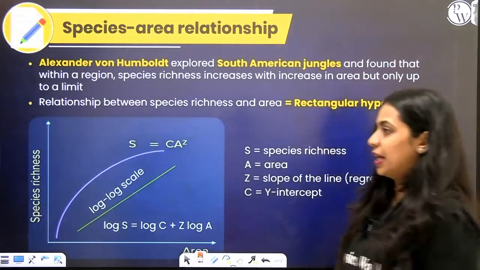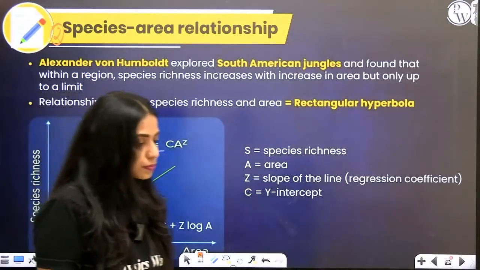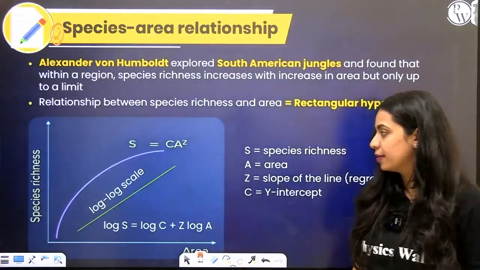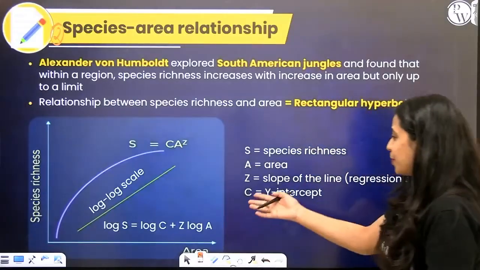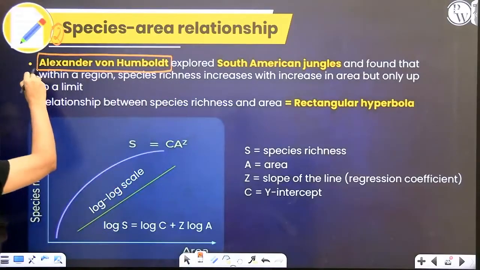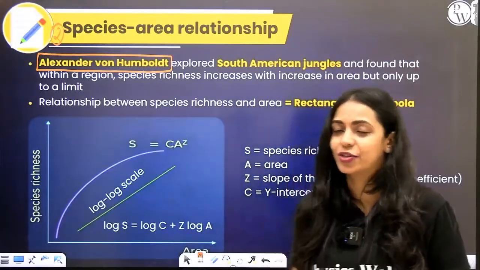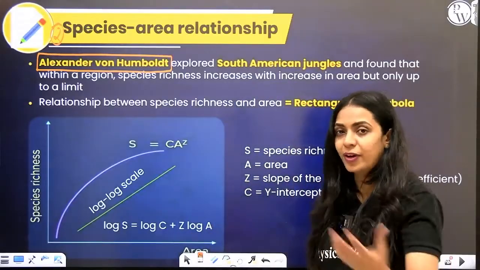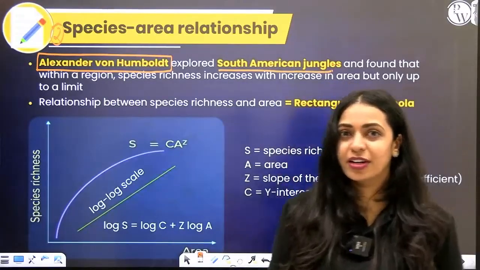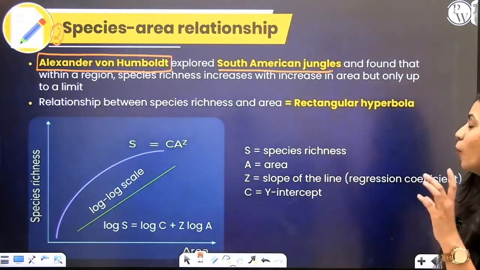Okay. The second pattern of biodiversity that we have to talk about is the species area relationship. This is very interesting and it is very important. What you're looking at here is basically a graph. There's this person called Alexander von Humboldt. He was an ecologist. He was very much interested in nature and exploring different kinds of things. So he went about exploring some jungles that were in South America. Remember, that's where the Amazon rainforest is also. So based on his observations from his exploration, what he found out was,